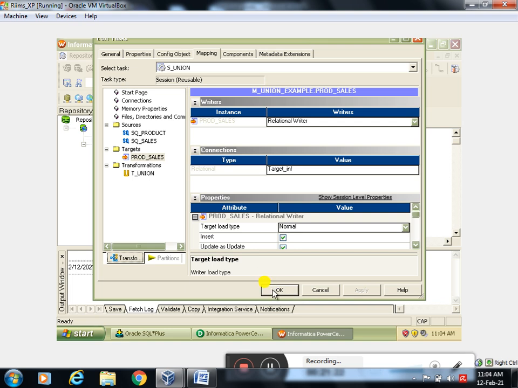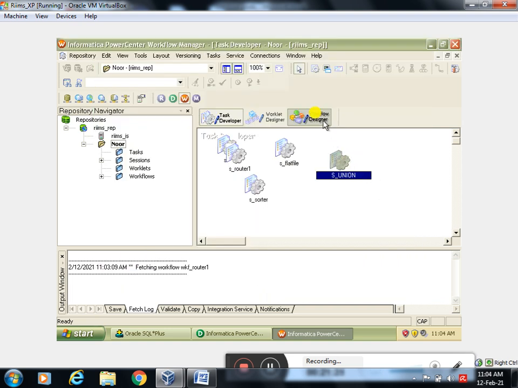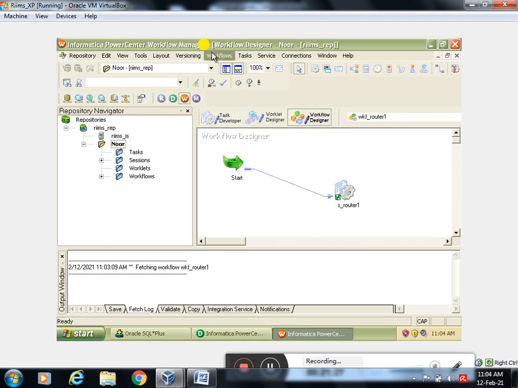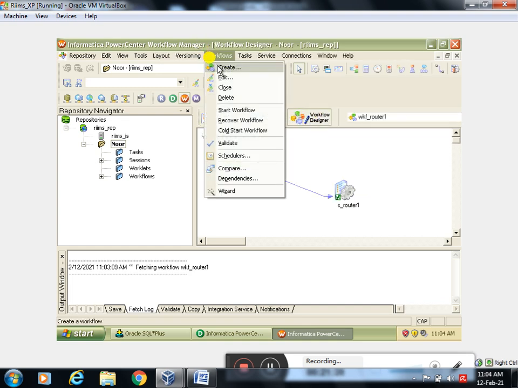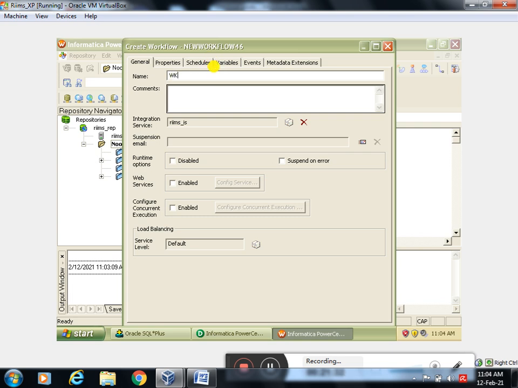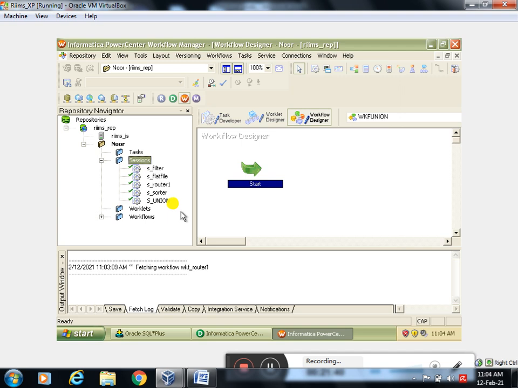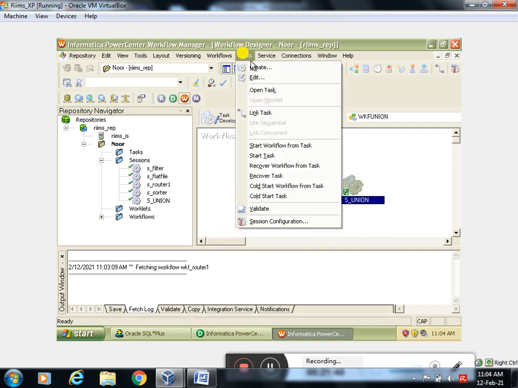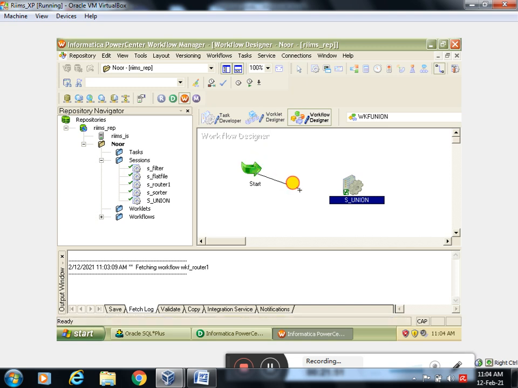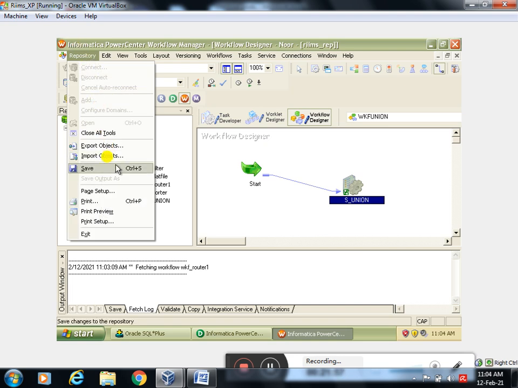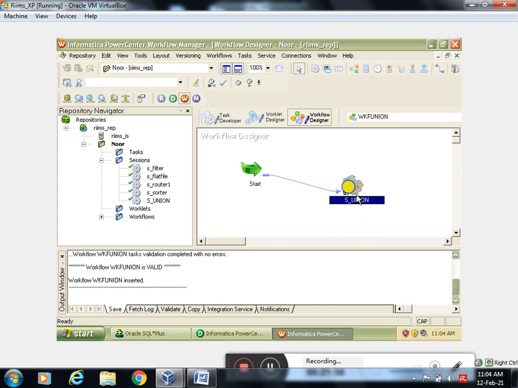Apply, okay. Then the last steps are go to workflow designer, workflow, create, just give any name, WKF union, enter. In the left side panel, go to sessions, select the union session, drag it over here into the workflow designer, task, link task, connect these two. So final step, repository, save, right click,